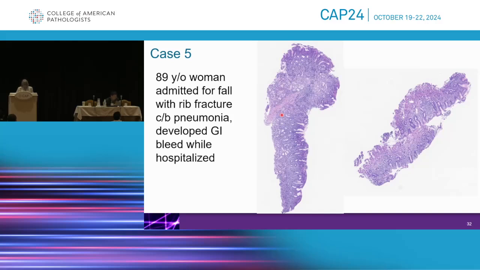So let's look at another case then. This is case 5. This is an 89-year-old woman who was admitted for a fall with a rib fracture that was complicated by pneumonia, and she developed a GI bleed while hospitalized, and therefore she underwent this biopsy. And so certainly this is the kind of case that comes on your desk and it just screams, I'm H. pylori, right? There's lots of chronic inflammation here in this antral fragment. You have superficial chronic inflammation in this body and fundus fragment, and there's probably active inflammation too in here,